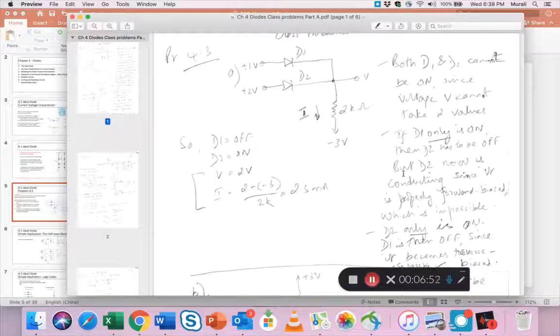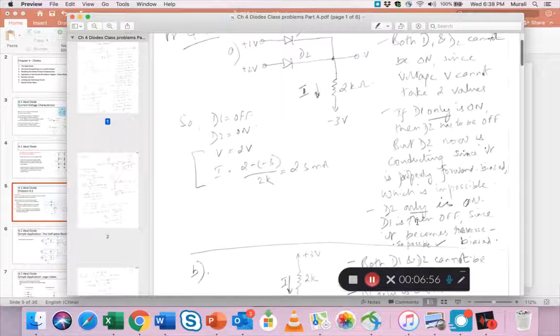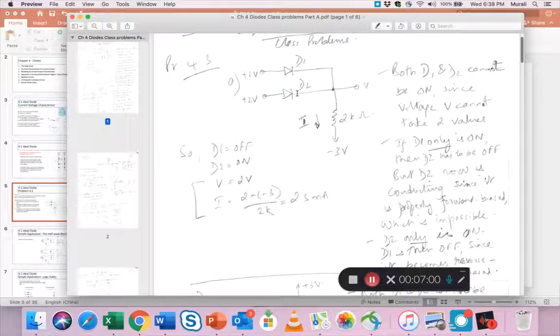So forget about that situation of D1 only being on. Now let's try the third possibility, D2 only is on. So if D2 is on, then this 2 volt comes here. Now what happens to D1? D1 becomes reverse biased, because the cathode is at a higher positive voltage than the anode. The cathode is now at 2 volts, the anode is at 1 volt, so this becomes off,